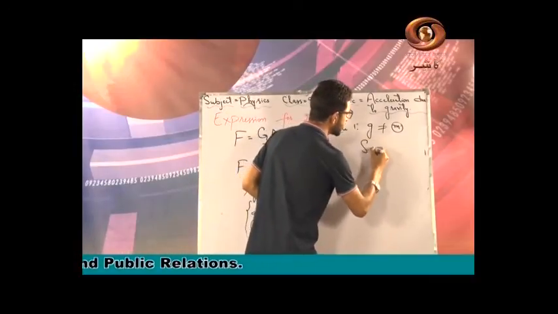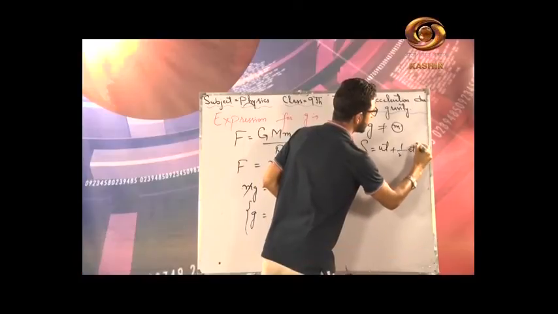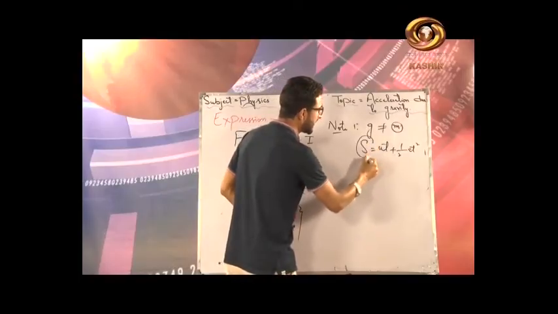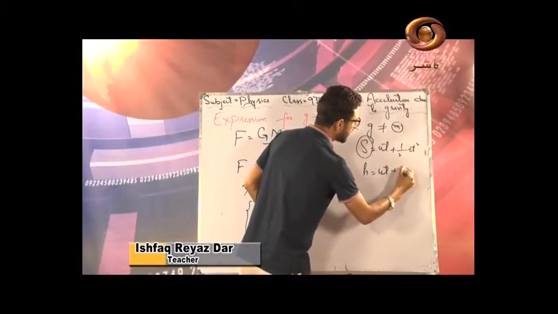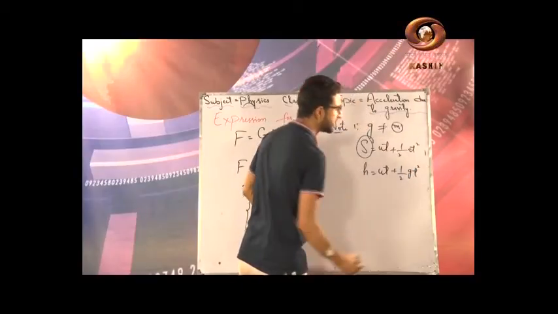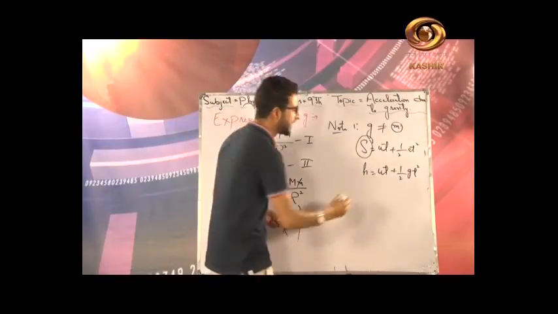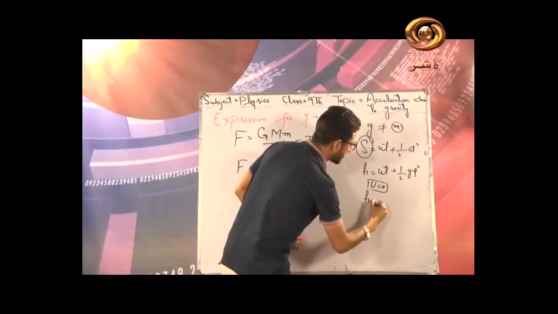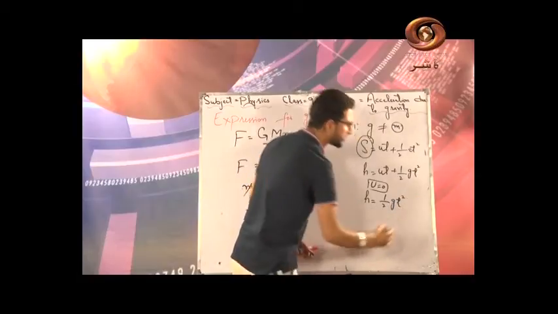Now can I interpret from this very result, क्योंकि आपने equations of motion में सीखा होगा, S is equal to ut plus 1 by 2 at square. For freely falling bodies, I will replace S by h, the vertical height, so h is equal to ut plus 1 by 2, and here I will replace a by g, giving 1 by 2 gt square. Now if a body is simply dropped from rest, that is, if the initial velocity of the body is 0, you can simply see h is equal to 1 by 2 gt square, right?